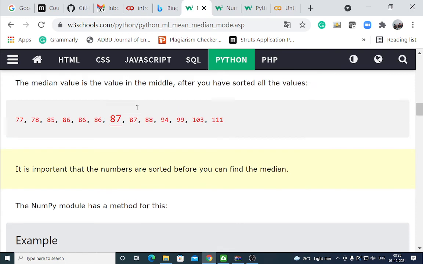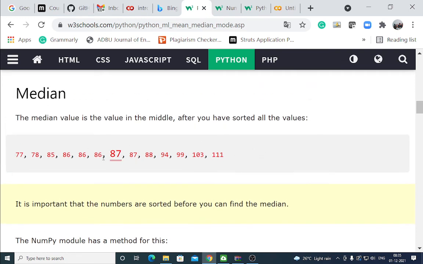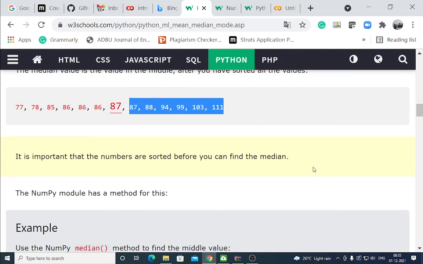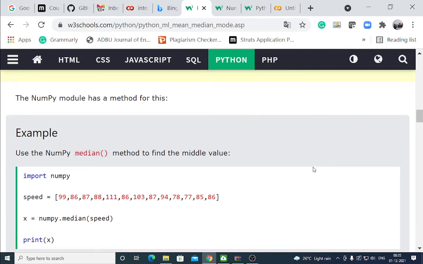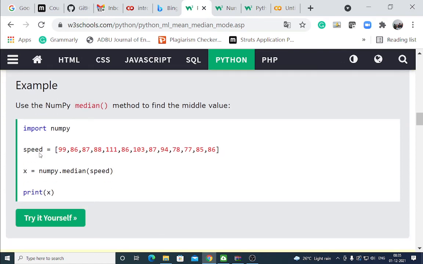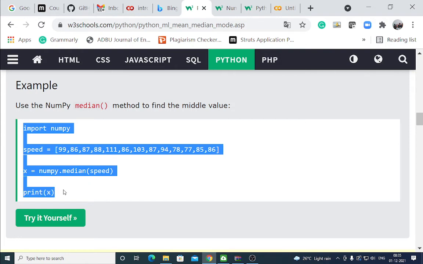Median: there are 13 elements, therefore the median value is the value in the middle. 1 2 3 4 5 6, these are the 6 values, and the middle value is 87. This is the median. The median method you can use directly here.